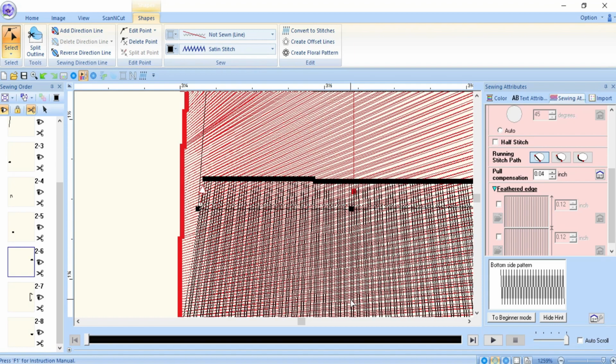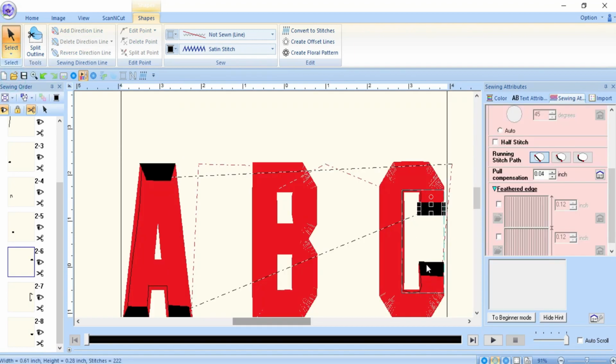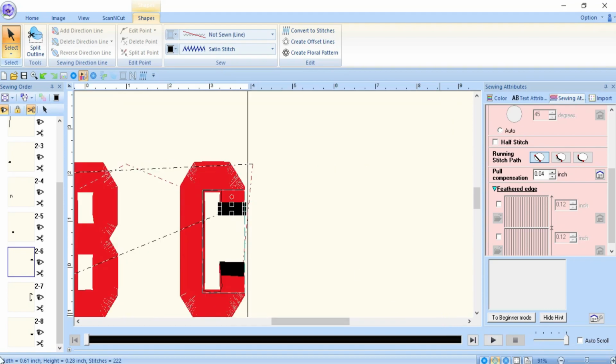Double it, and if you can do it, triple it. I go with the highest just to get that thick thread, just like I said, so it can cut the foam perfect. So what you want to do is, now that you have everything capped and selected,